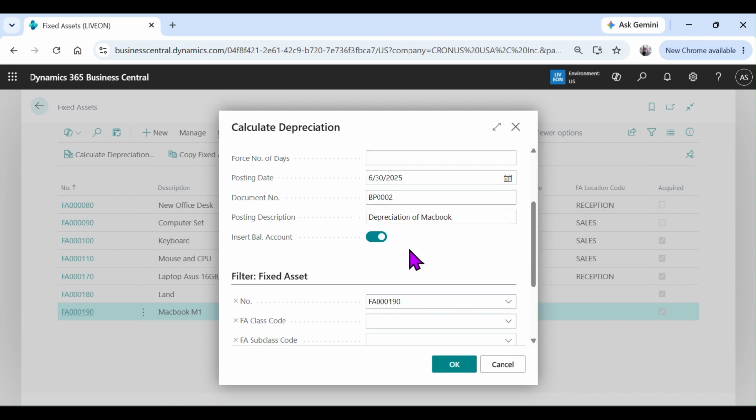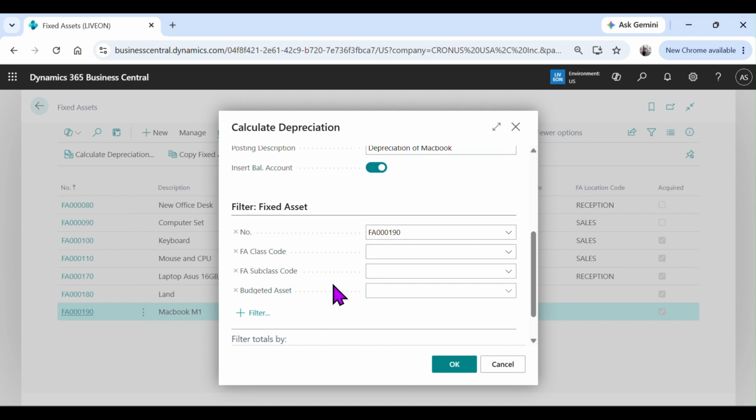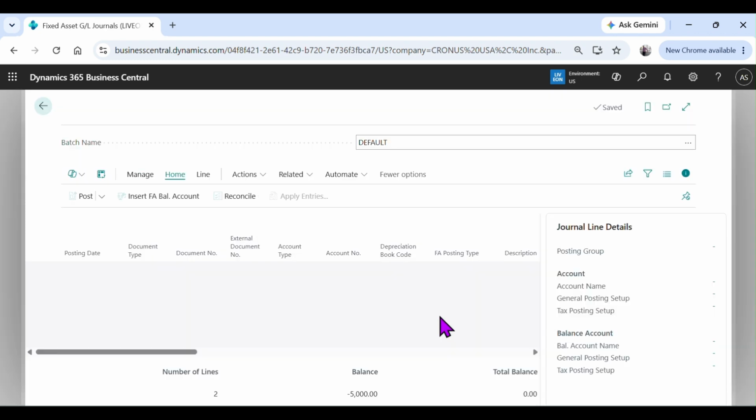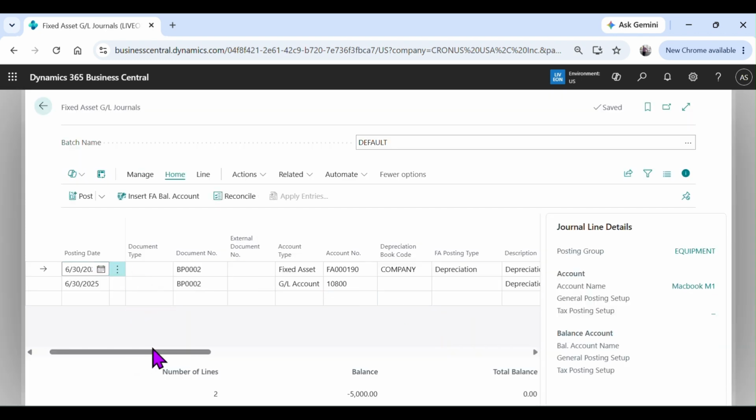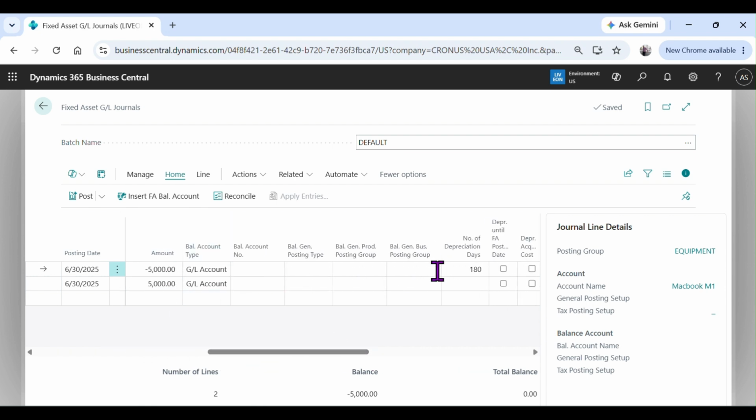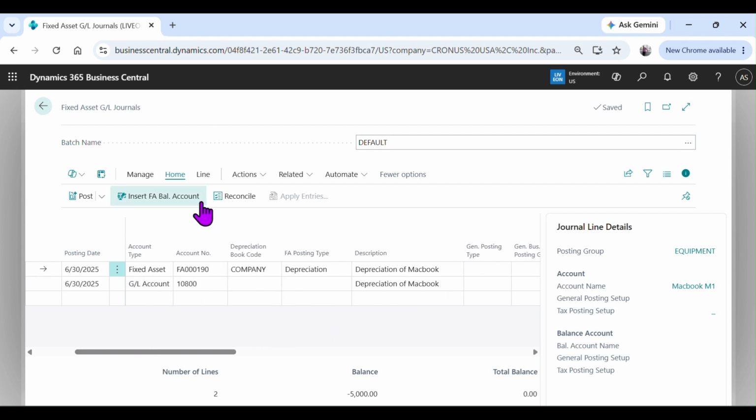Okay. Now when you run this, it will only run for this fixed asset. So now when I click OK, depreciation has been calculated and it inserted into the fixed asset GL general window. Once I click yes, it's going to calculate my depreciation with 5,000 for 6 months, because I set that on that fixed asset card for